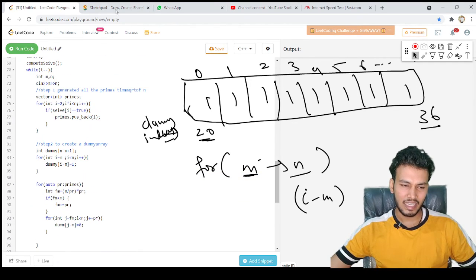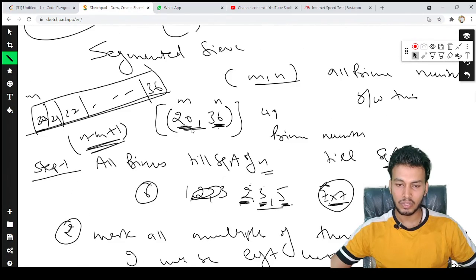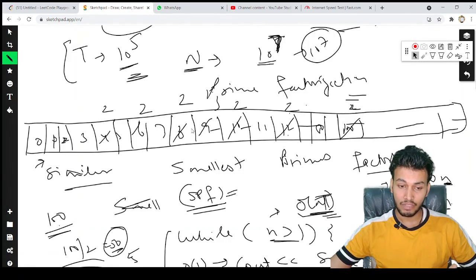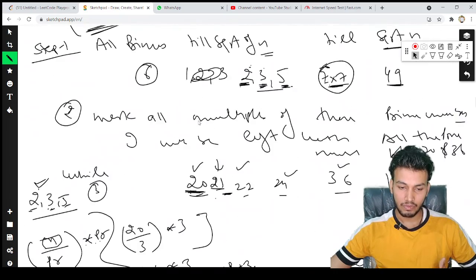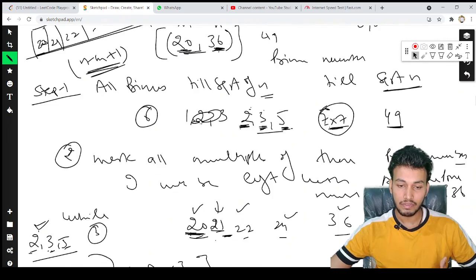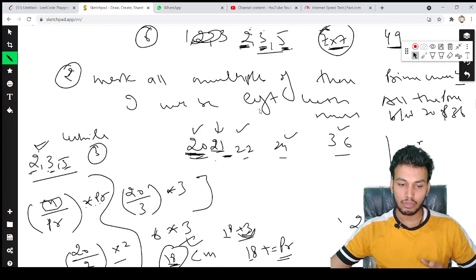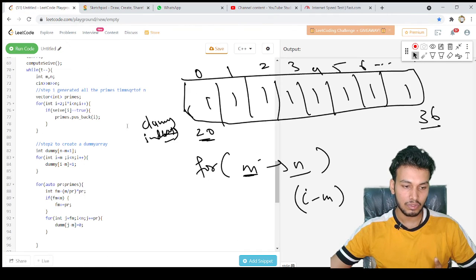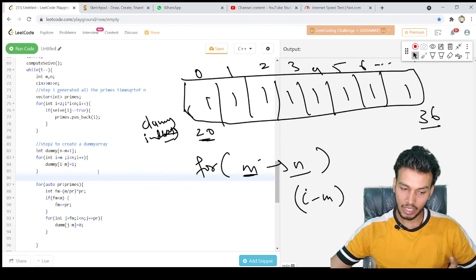So it's as easy as that. The concept is similar to sieve. So we just modified some stuff here for calculating our segmented sieve. So we will be given a range, and we need to follow three steps. First step is to generate all the primes till square root of n, if n is the bigger number. Then secondly, we will create a dummy array. Then for each and every prime number in this range, we will mark their multiples, and the left outs will be our required prime numbers.